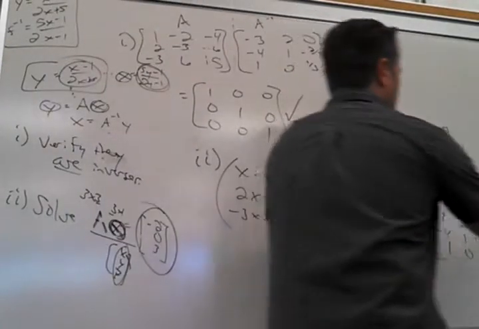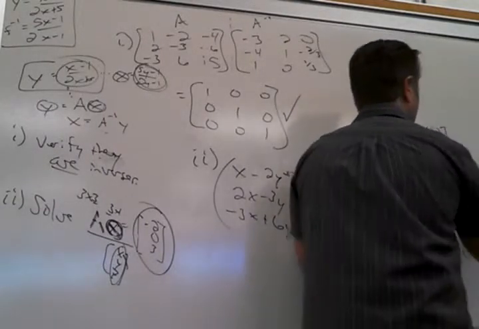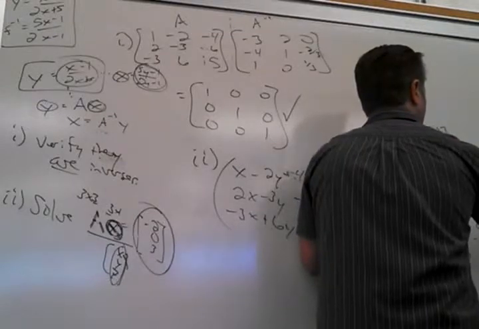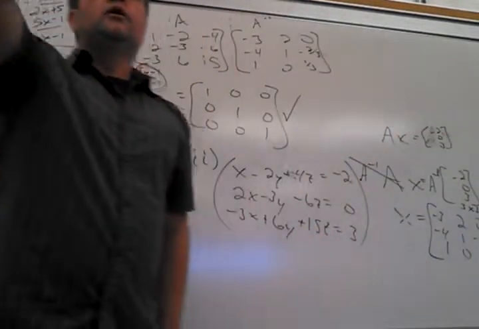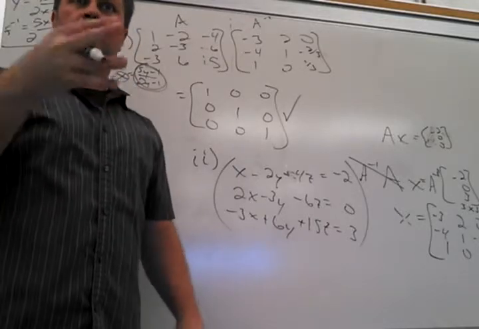So what do you get when you multiply that out? You get 6. Let's double check things real quick. This is 3 by 3. This is 3 by 1. So I know the answer is going to be 3 by 1, thank God, because I only have 3 parts in it that I care about, the X, Y, Z. I just want to know what those values are, right? So I'm going to get